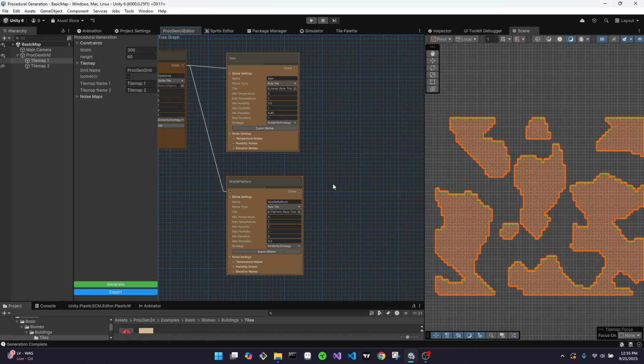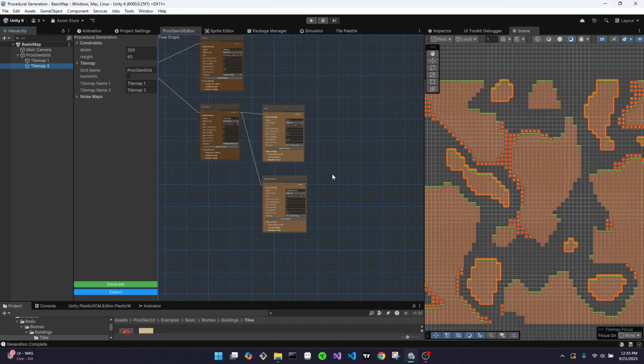The second layer only has two components, which are the items, and these are the jewels, and then a middle platform just to add a little bit of variability and extra jumping points for our player. These are the tiles within that second level. So these are our middle platform areas where a player can jump off or use,